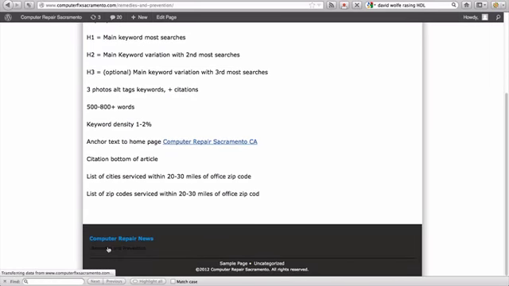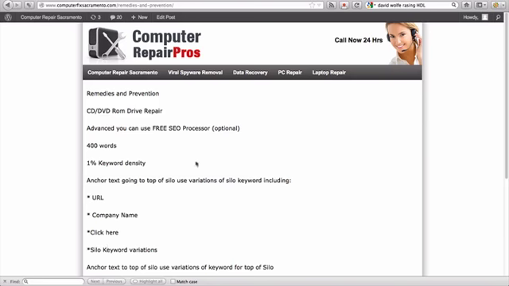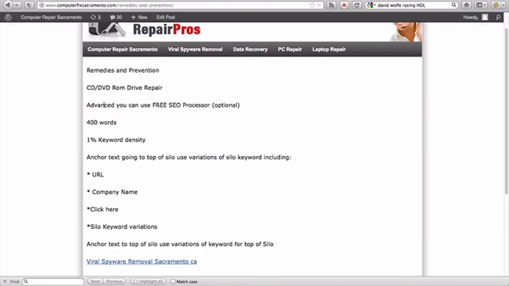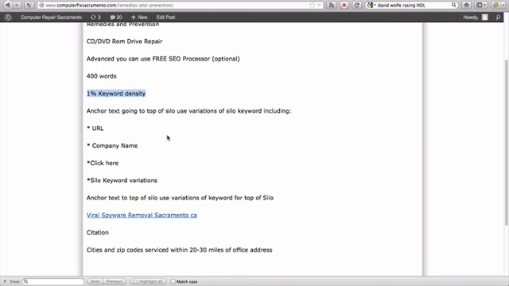What do the posts look like? The posts are pretty much similar. Now, as I've gone over previously, you can use advanced strategies, and there's either the paid or the free SEO processor. It's optional. Some people argue that it might over-optimize the site. They could be right. But either way, as long as you've got original content here, I think that's the key thing. We go around 400 words, give or take 50 words, so 350 to 450 words, about a 1% or even less keyword density we're fine with. We try to mix up the anchor text here so that we're using just the URL, the company name, like a click here, something natural,